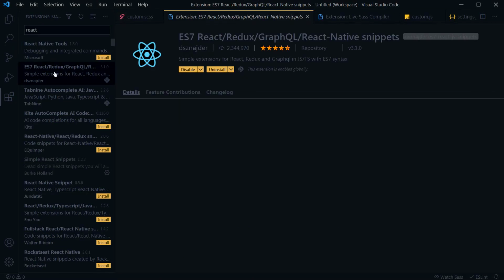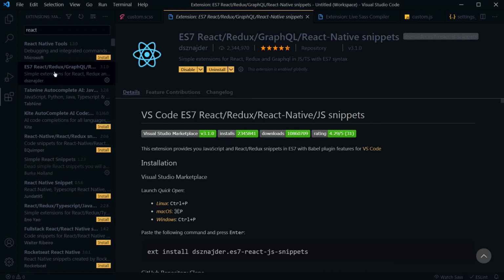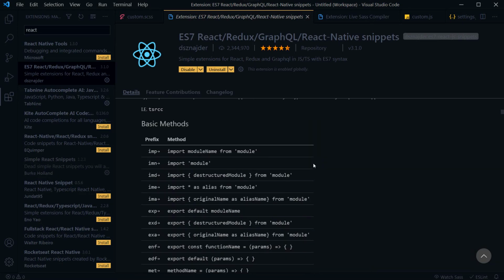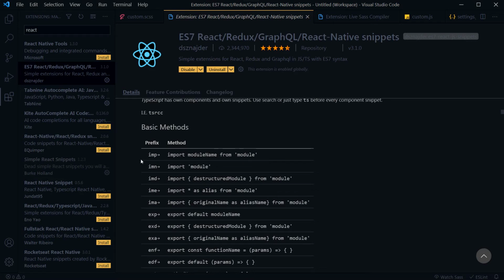Similarly, this extension is related to ES7, React, Redux, snippets. To use this extension, you should know shortcut commands to get a snippet in the code editor. And here are these methods mentioned. IMP will generate this line to import a certain module.